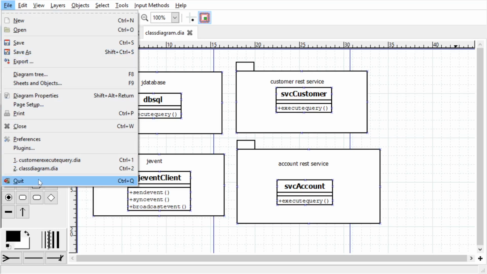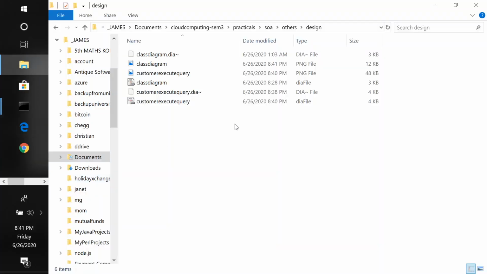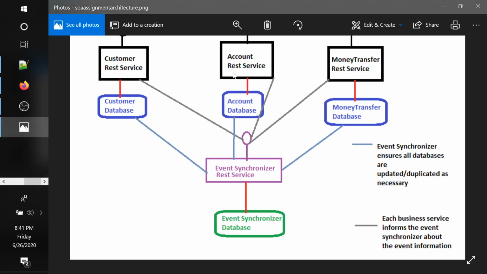Whenever you're creating systems or writing code, your design should also be done apart from coding. You cannot simply code and expect people to understand what you have written, right? The design is very important to understand how things are working, and somebody can then give you some review or suggestions based on your design. So far I have shown you 3 diagrams. One is the class diagram, one is the sequence diagram, and another one is your high level architecture diagram, which is this one.